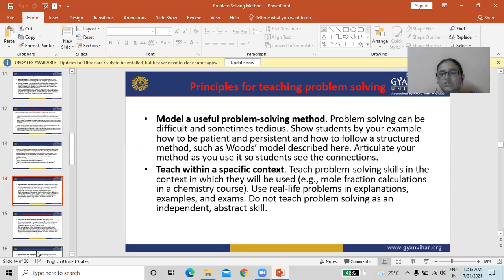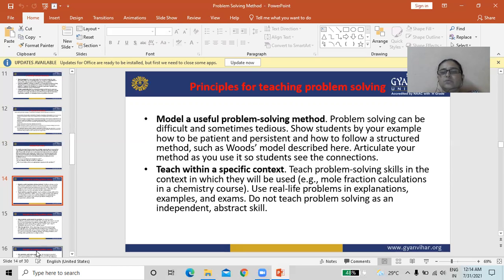Now we will discuss the principles of the problem solving method. First, model a useful problem solving method. Problem solving can be difficult and sometimes tedious.